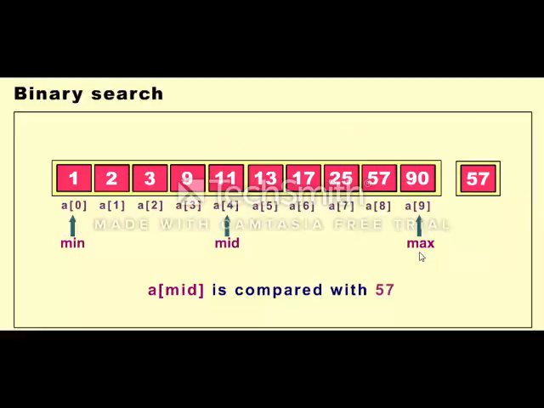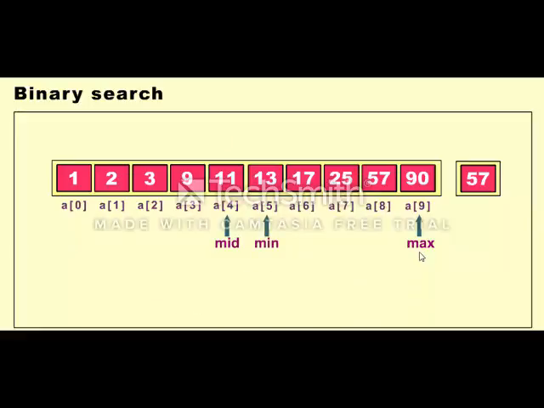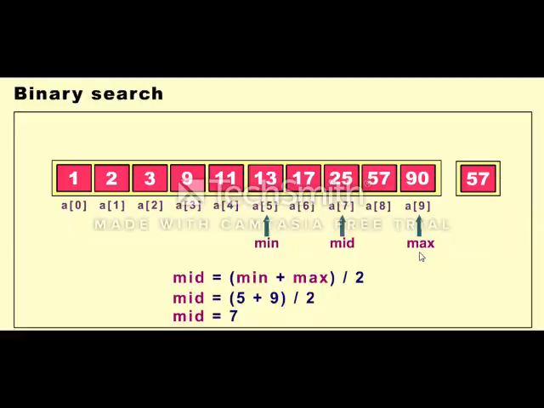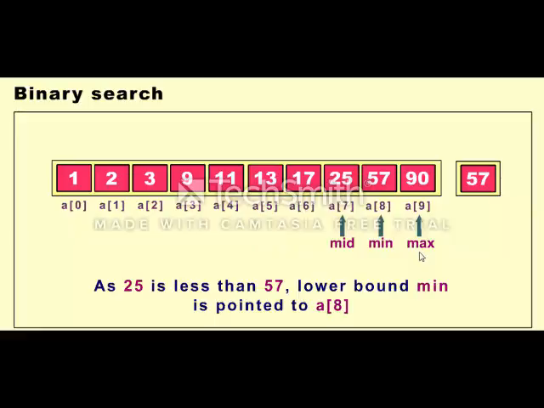These values are not equal. As 11 is less than 57, lower bound min is now pointed to the next of mid, that is a of 5. Again mid is calculated. Now it will be 5 plus 9 divided by 2, and this value will be 7. So now the mid value is a of 7. We will compare a of 7 with 57. Again these values are not equal,